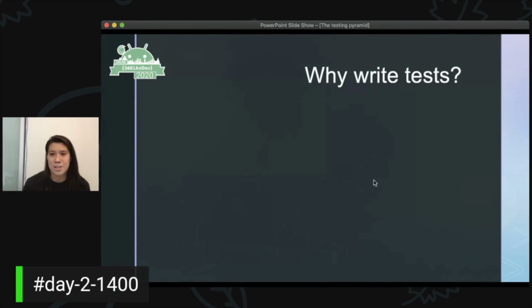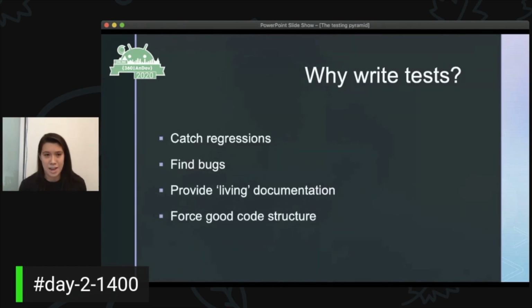So to summarize why we should write tests, I managed to put it into kind of four reasons. The first reason being catching regressions. And this is usually done through end-to-end tests, but basically you make some change, a refactor maybe, you run your end-to-end test, and then, oh, look, this other thing that you weren't expecting has actually stopped working. So that would have been a regression if you'd shipped that to production.